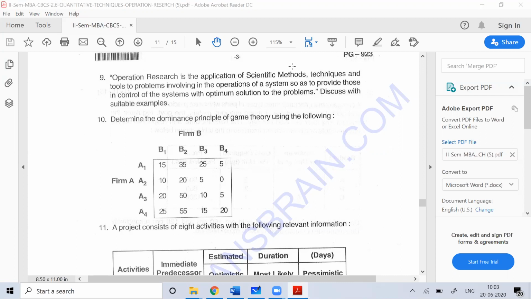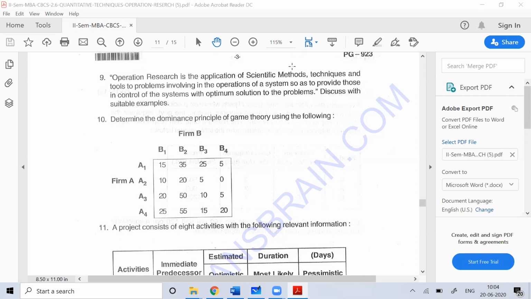But don't write too much story. Once it comes for 10 marks, you can write the story. There's no problem in writing it, because 10 marks is big. We don't know the examiner, and some people like theory very much. So if it comes for 10 marks, you can write a full story on this: what is game theory, the scientists who worked on game theory, what remarkable work they have done, all that you can write, what game theory is all about.